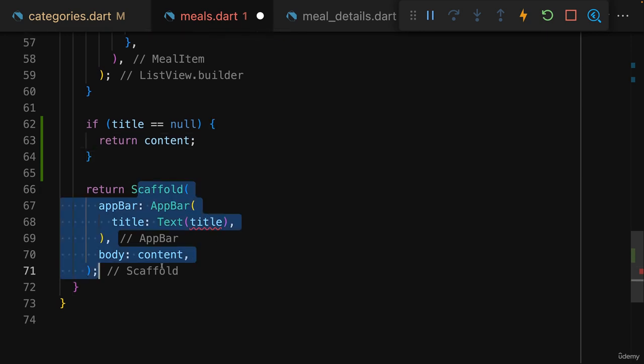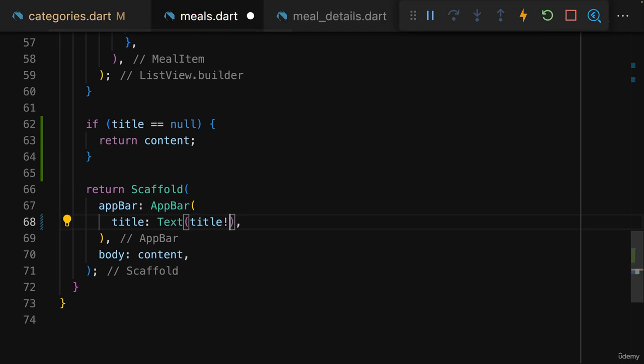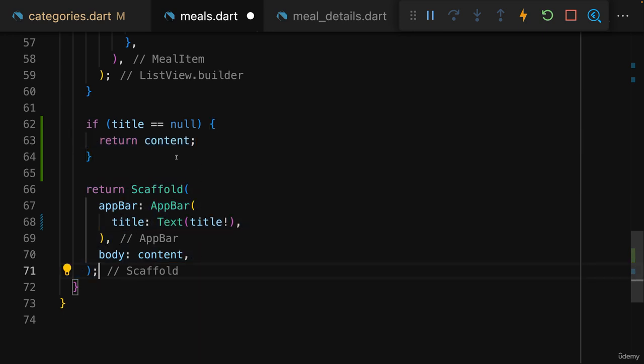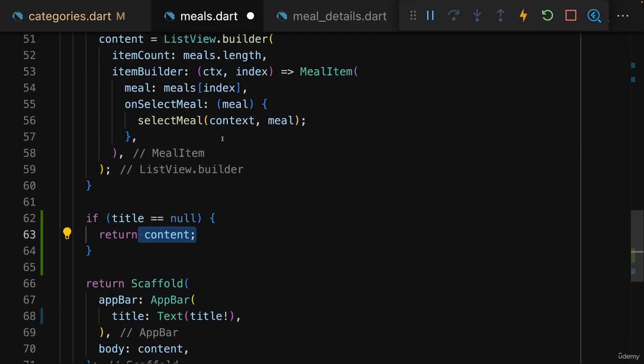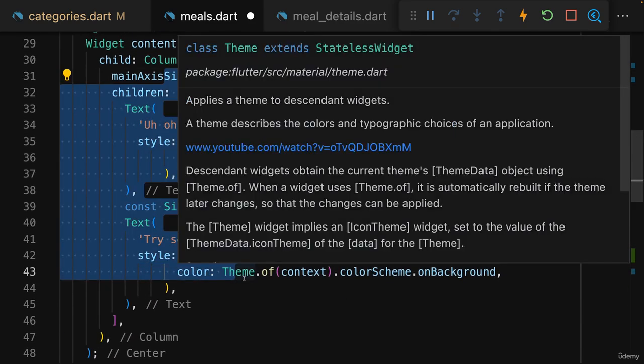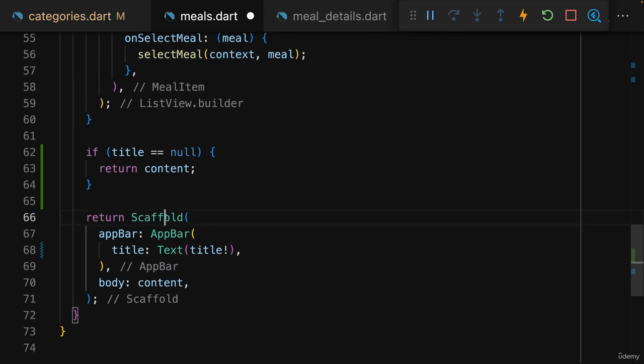Otherwise, we return the scaffold that uses the title, and here we can add an exclamation mark because we know that if we reach this code here and this code gets executed, title will not be null, because if it would be null, we would return here. And as you learned, once you return, any other code thereafter won't be executed. So we either return content, which is simply our list or this fallback text here,